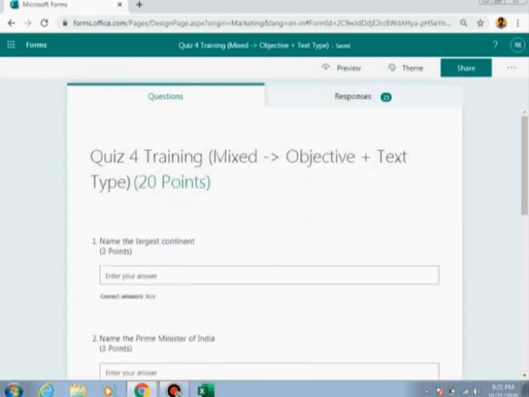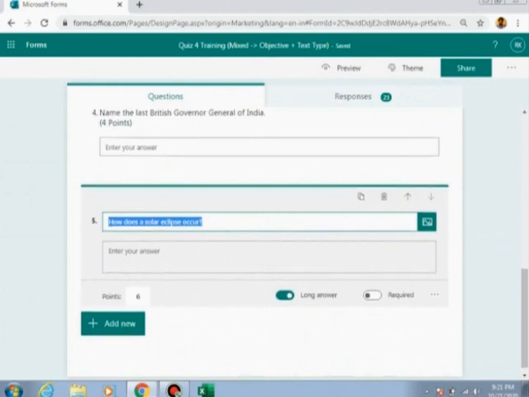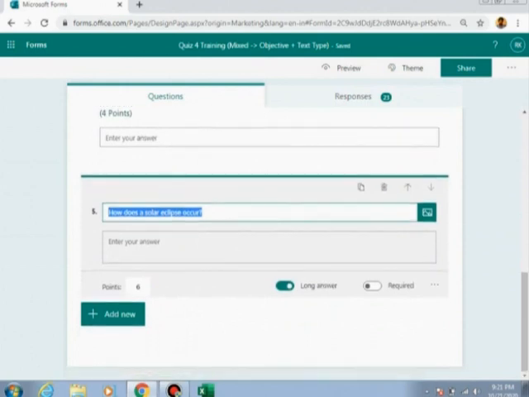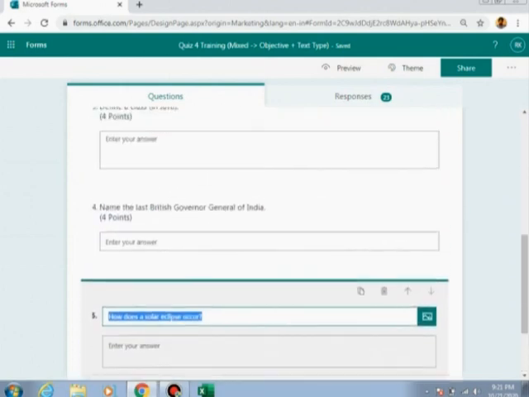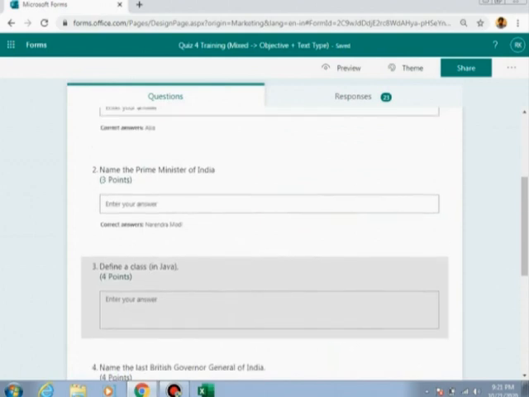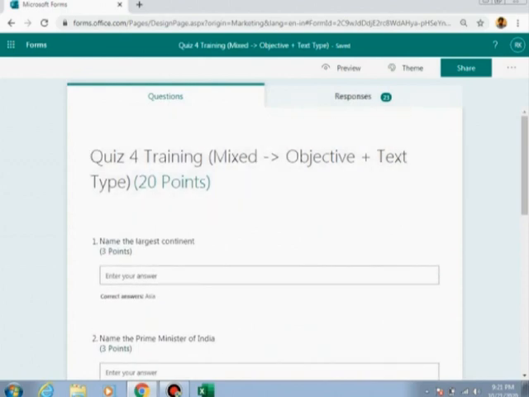Let us learn how to review these responses. Now please remember, we have given correct points to all of them. We have not specified correct answers to many of them. For some of them we could not specify correct answers because they were long answer type. In some, intentionally we have not specified correct answers. No worries, we will do it when we review the answers.